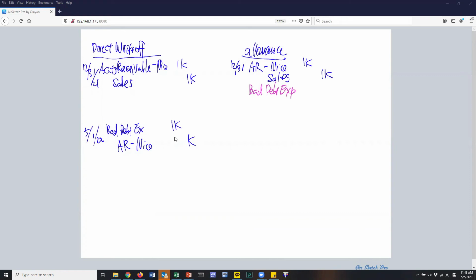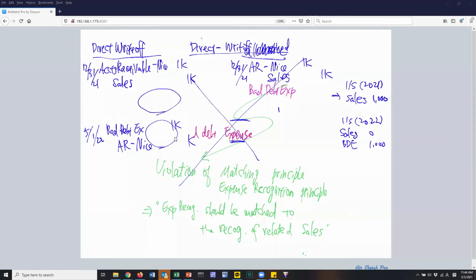Okay, and instead of directly writing off NICE, which makes sense, right? As of December 31st of 21st, we have little idea whether the NICE is gonna be a rotten apple or not, right? So we have little idea whose account receivable we should write off. So we should make a good guess. So what was the setting? The setting was